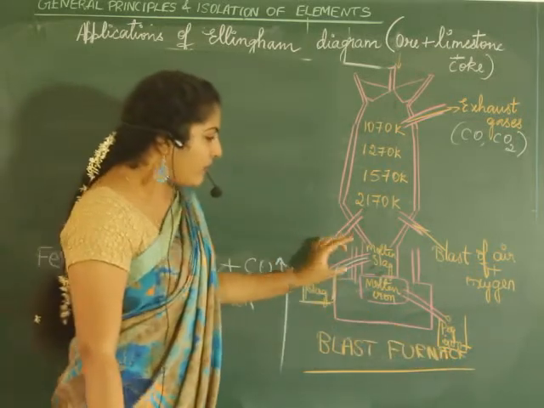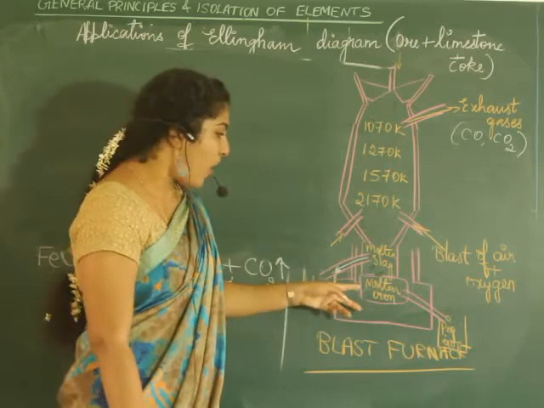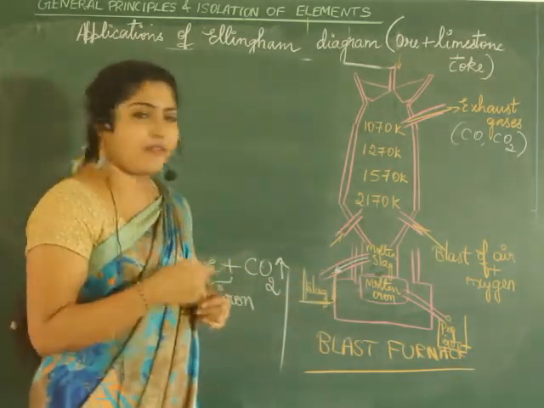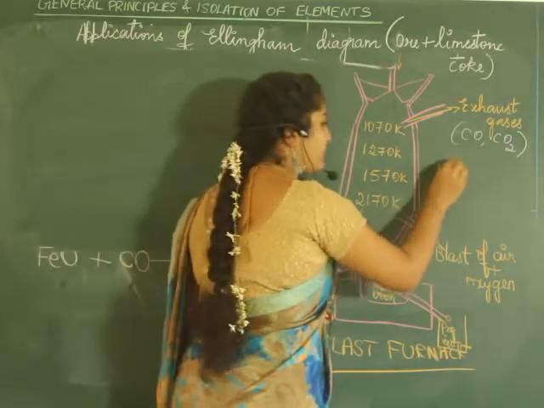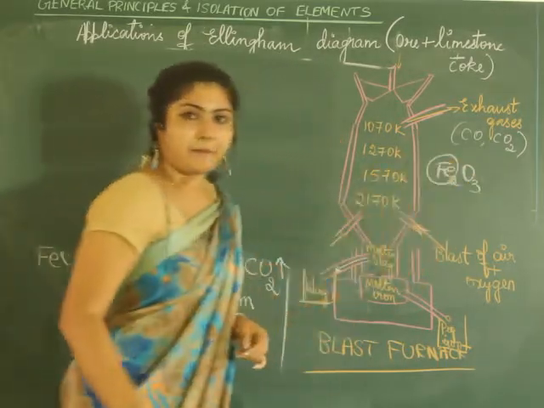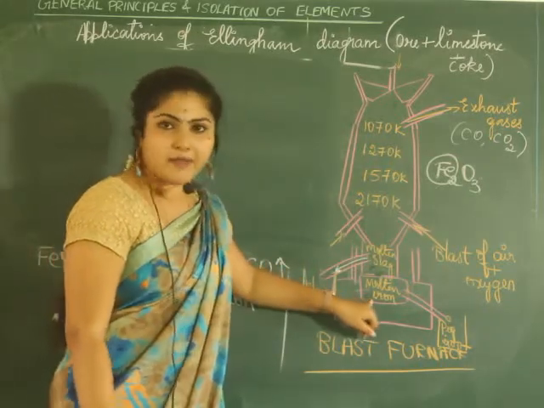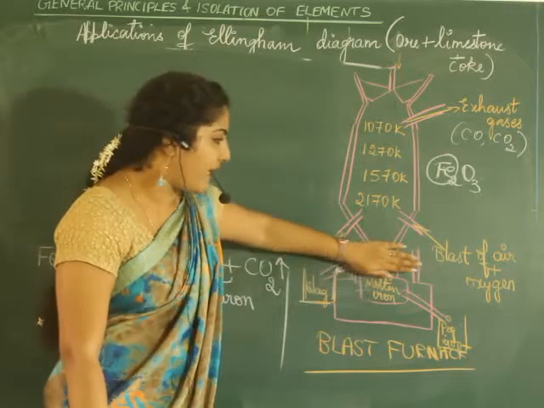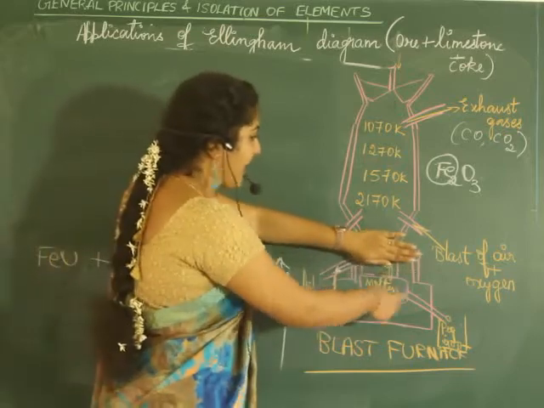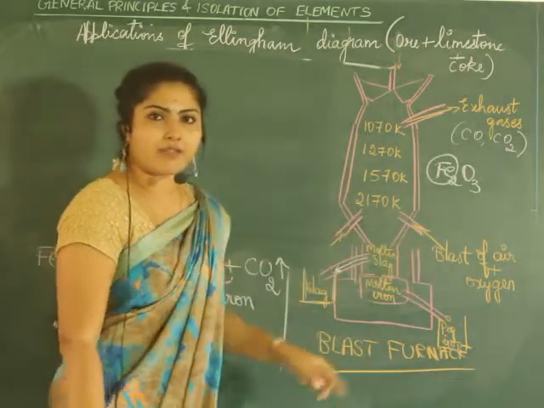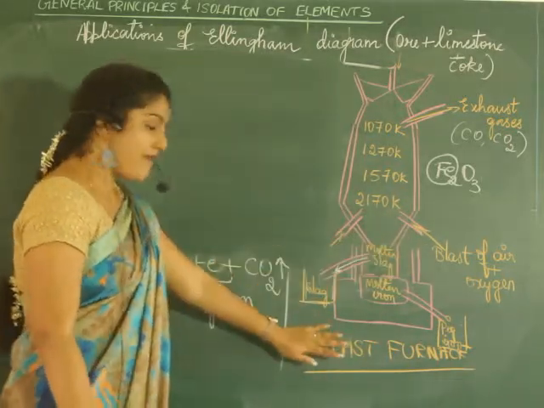Now here one more thing, molten slag also prevents the oxidation of iron, because iron earlier was Fe2O3, right? From that we separated iron. Now that molten iron has been collected here. So this slag which is formed, calcium silicate, forms a layer here. So it prevents this iron from reacting with the oxygen which will be present. That is also there. So till here you have understood.